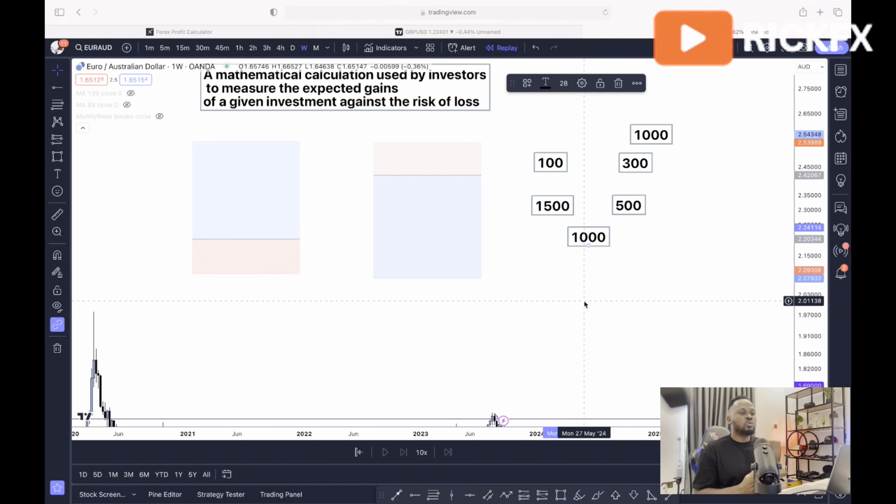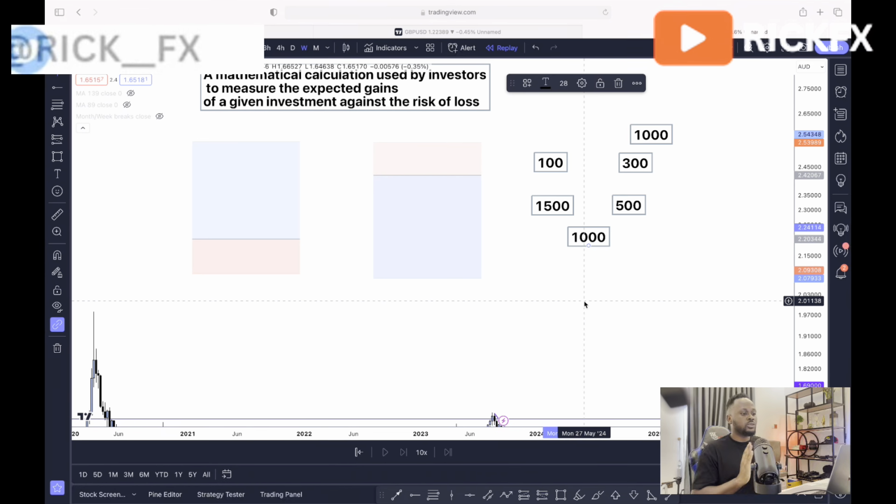Now for a risk to reward to work properly, mind you guys that we are working with a ratio 1:3. So you want to allow the trade to actually hit your take profit. So this brings me back to my concept of always accepting your risk. So when you take the trade, you are either going to make your 3% or lose that 1%. At this point, you can eliminate the thoughts of taking partial profit on the road, because when you are doing that, it tends to alter the data that you have for your trades. So you want to allow the trades to either hit your take profit or hit your stop loss, right?